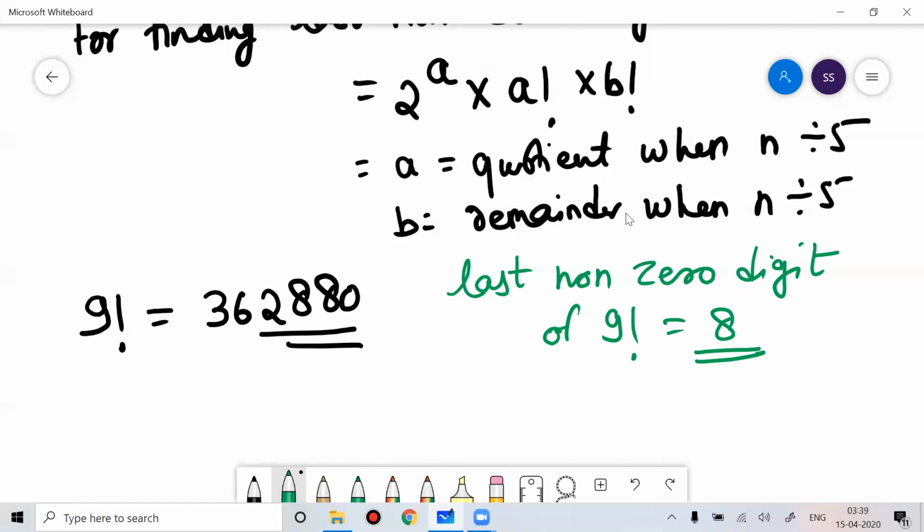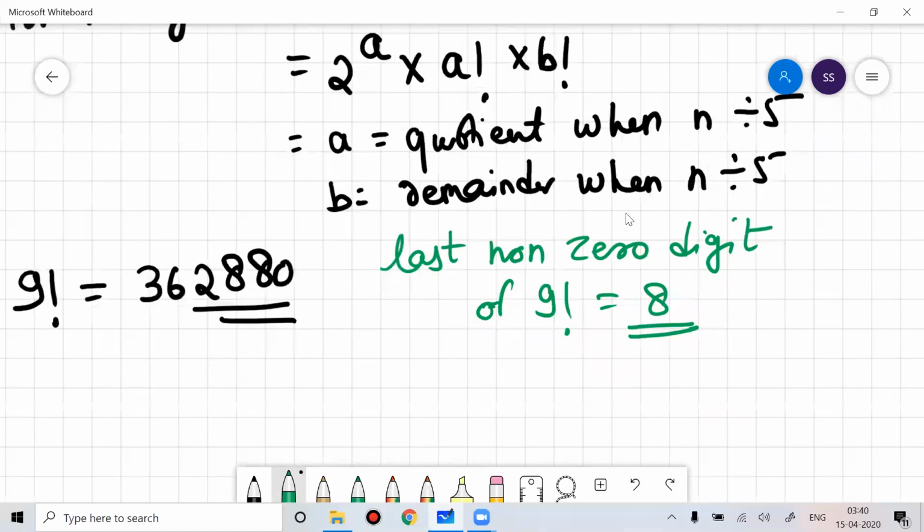For that, we divide n by 5 and get the quotient, and again we divide that quotient by 5. We follow that successive division and add those quotients to find the number of zeros which n factorial ends with. Everyone knows this more or less, so that is not the point of concern here. Let's talk about 9 factorial. The last non-zero digit of 9 factorial is 8, so let's prove this.